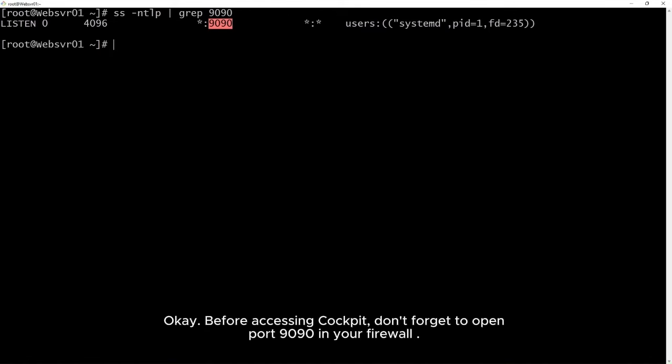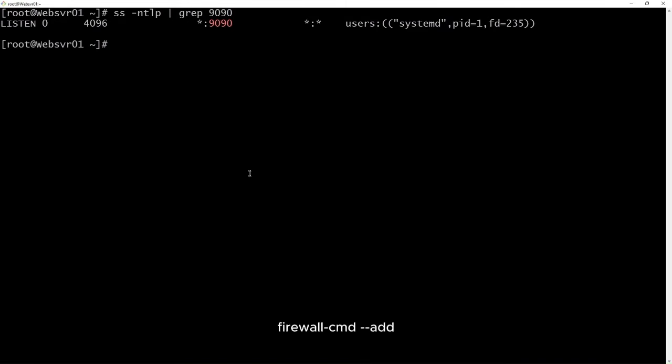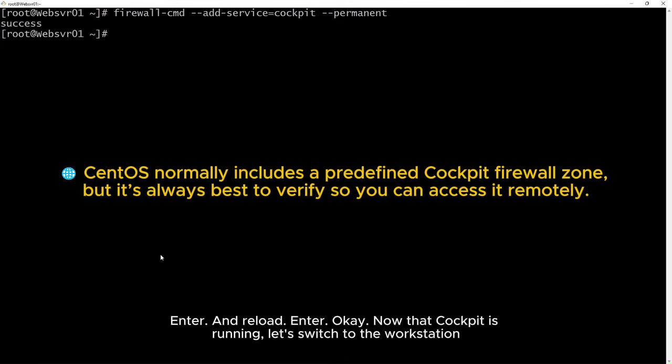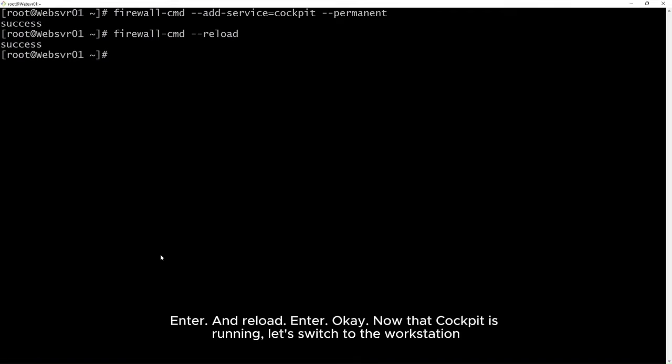Okay, before accessing Cockpit, don't forget to open port 9090 in your firewall. firewall-cmd --add-service=cockpit --permanent, enter, and reload, enter. Okay. Now that Cockpit is running,